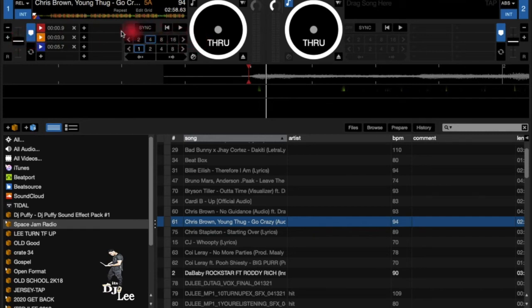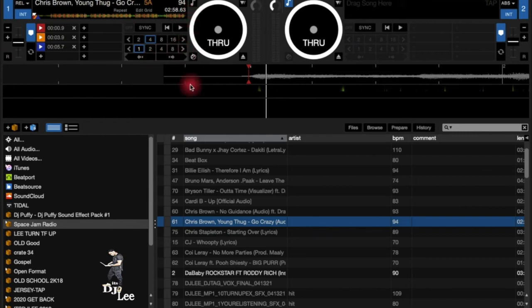As I move this slider, you can see the numbers changing in the middle right here. That's your tempo. Right here you have your pitch stabilizer. If I change the tempo, it's going to start to go real slow like this. As the tempo goes down and as it goes fast, it starts to sound like a chipmunk, like Alvin and the Chipmunks. What you want to do to avoid that is click on this right here, and it's going to keep the same sound and just speed up the track as you change the tempo.